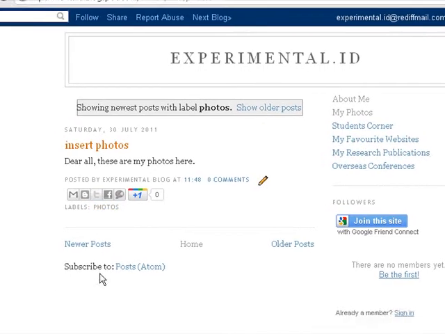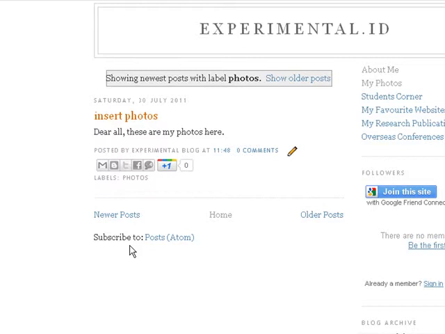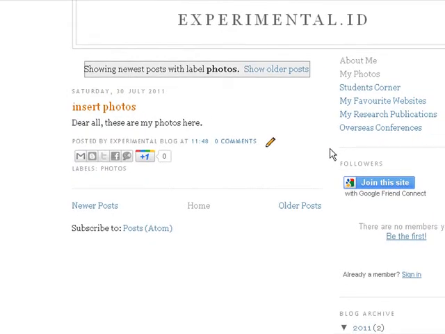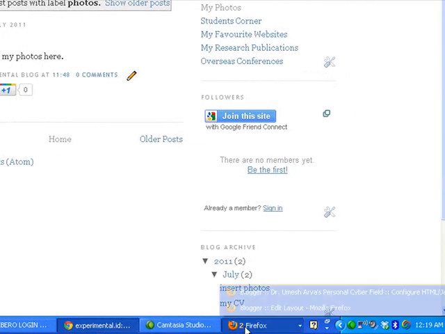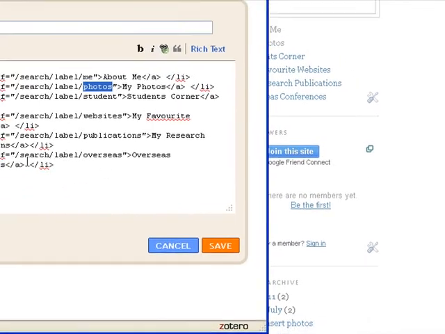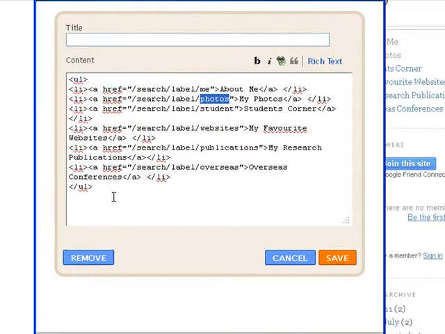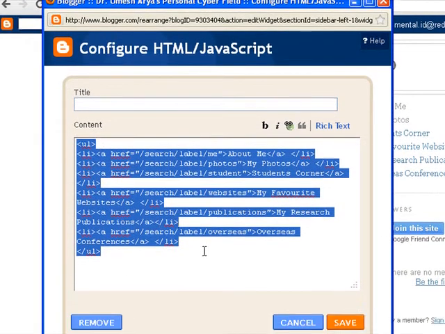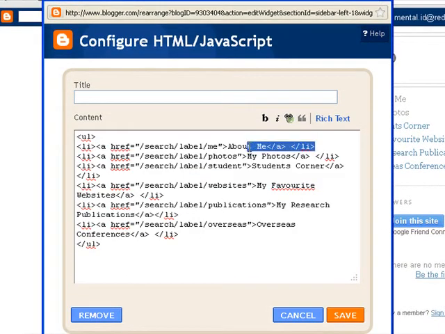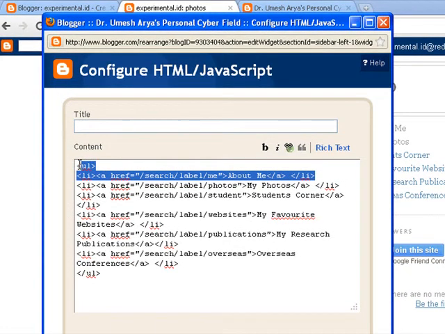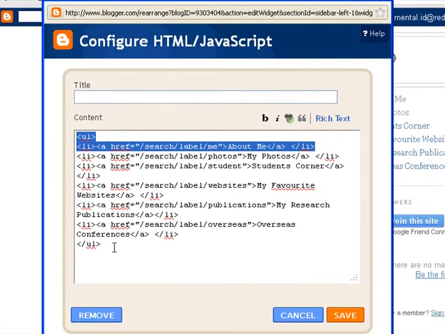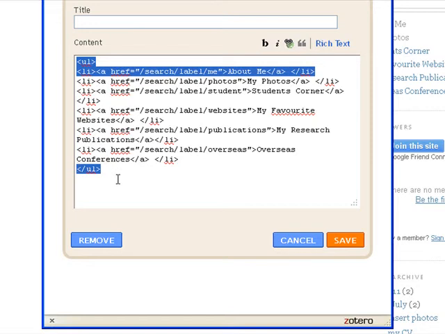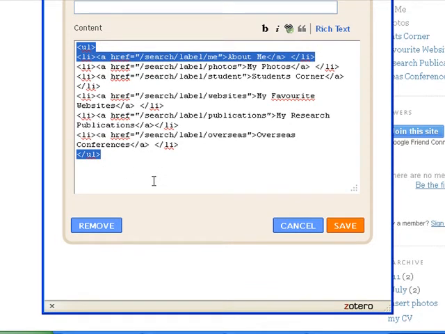So it is up to me how I organize myself, but this is a very simple script to insert the HTML JavaScript in the blog, and this script is widely available. You can find it on the internet, or what you can do is you can just copy one along with this,